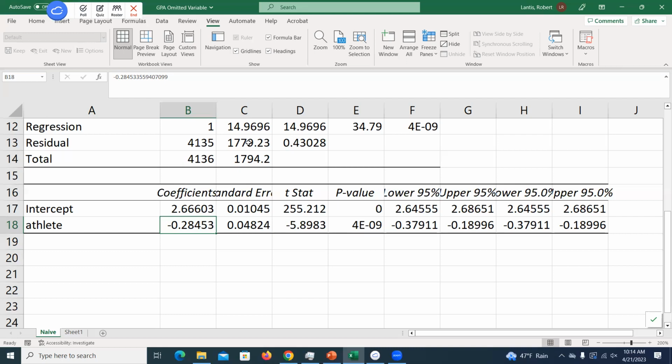So I might look at this and say, yeah, no one should be a student athlete if you're really worried about your grades. But I know this is a pretty naive regression. There's a lot of other things that matter, a lot of other things that would be useful to predict GPAs. We also see here, if we run this naive regression, this p-value. Anytime I see this e to the negative, remember that means move the decimal 9 places to the left. So this p-value is pretty much